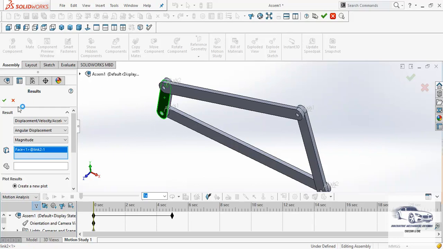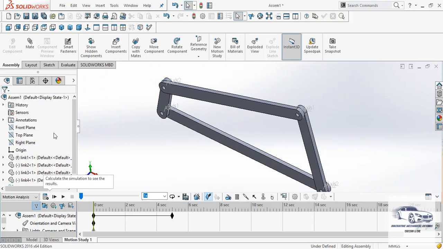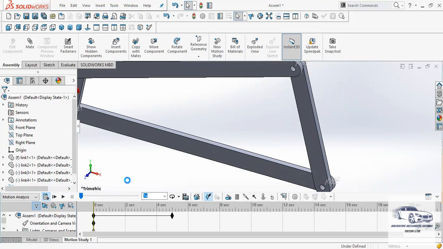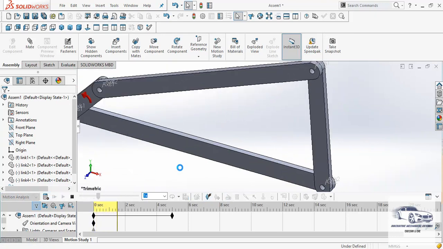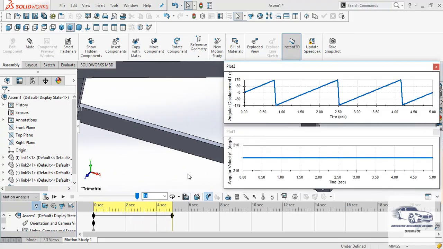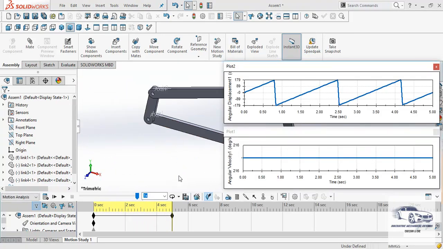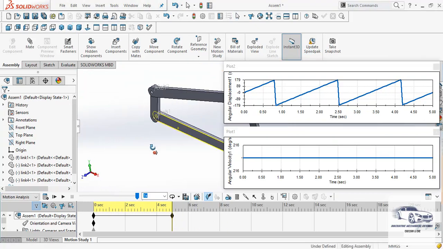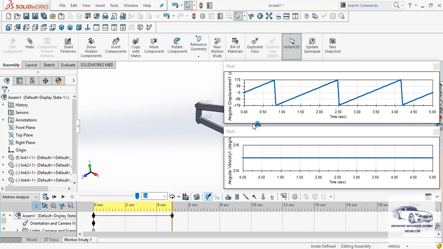Again here I will select the second link, and now for the motion plots to get generated we have to click on calculate, so that the software calculates the results from 0 to 5 seconds, which is the default time set here, but if required we can manually drag to adjust the mechanism running time also. As soon as the calculation is completed, we can see here we have got 2 motion plots,